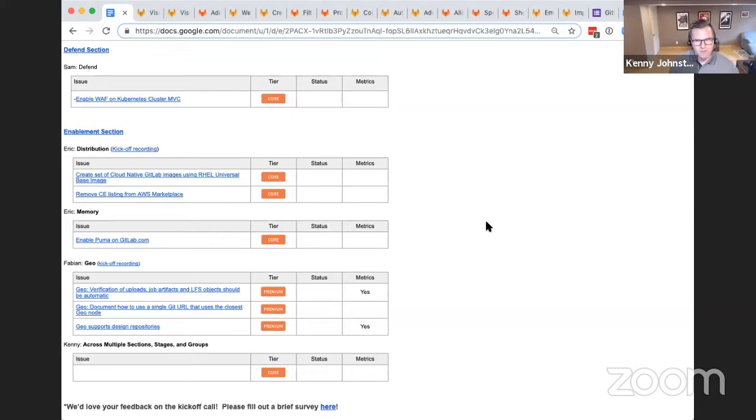And so we have a first MVC in this new stage and section to enable an open source WAF, adding a WAF tool to your ingress controller on Kubernetes. So if you've attached a Kubernetes cluster and you're using our ingress controller, it will add this additional tool to spot malicious behavior and add it to the logs. And eventually we hope to have that create alerts and incidents for you so that you can respond appropriately when malicious behavior is found on your production applications.